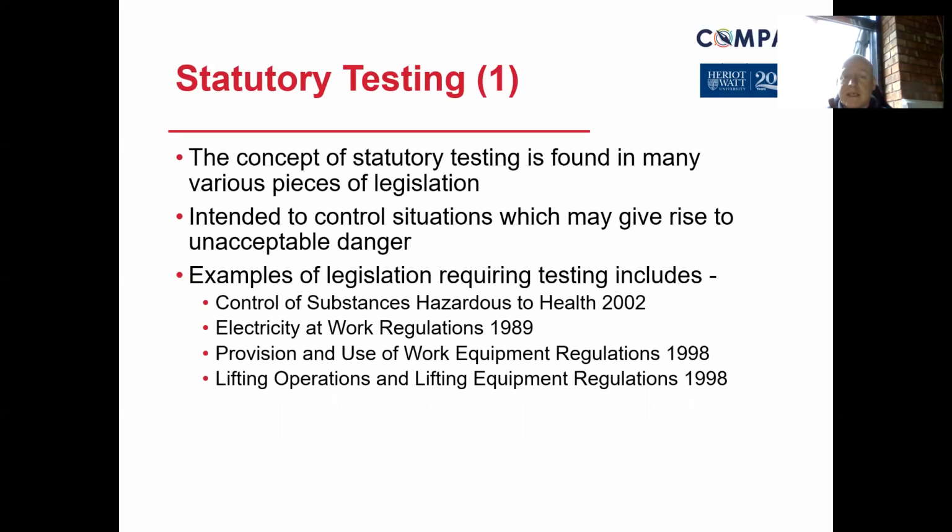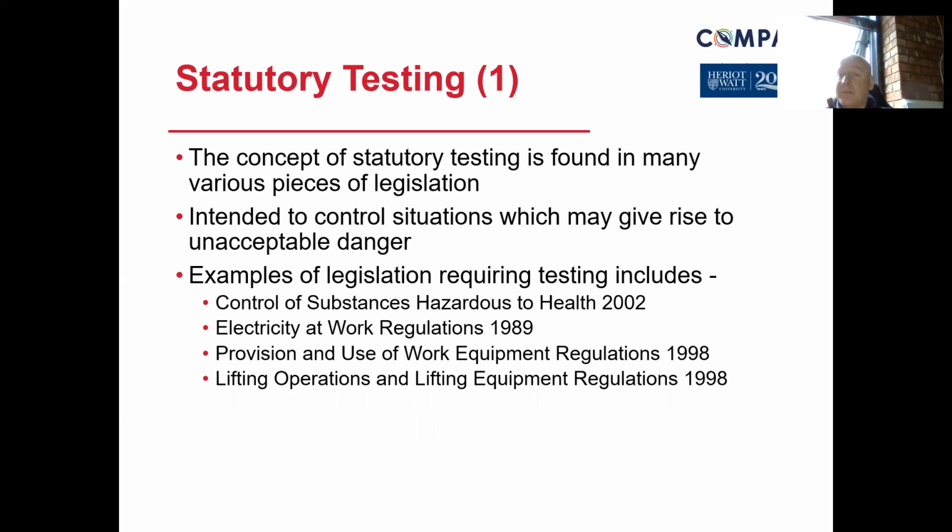COSHH regulations: consider some of the local exhaust ventilation systems that are used to extract the hazard away at source. If you're using a local exhaust ventilator, it's going to remove the fume, the dust, the hazard as soon as it's produced at source and take it away, so it doesn't pass the breathing zone. If you're reliant on that, it needs to be tested, and if you stick to COSHH, that could be every 14 months, or as little as every 3 or 6 months, dependent on the design and the use of it. In a spray booth, for example, they would have to do it every 6 months because of the level of risk associated with it.